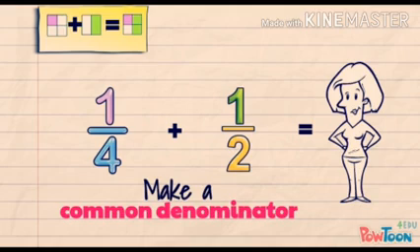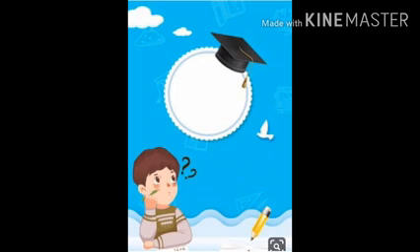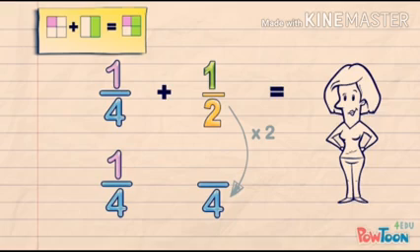Is there any number with which you could multiply 2 to get 4? Is there any number? You will focus. First of all, you will think mentally. And after pondering, you will definitely get the answer in your mind. Yes, you are thinking right. There is the number 2 with which you can multiply 2 to get 4. And then you will get your common denominators, or same denominators.